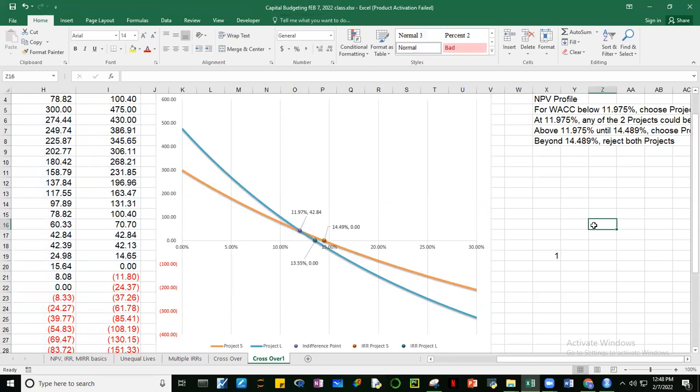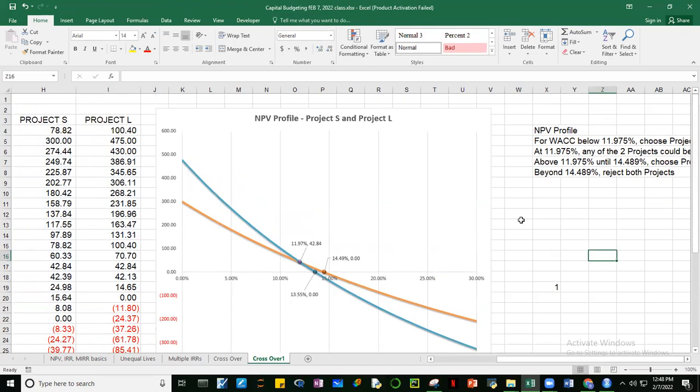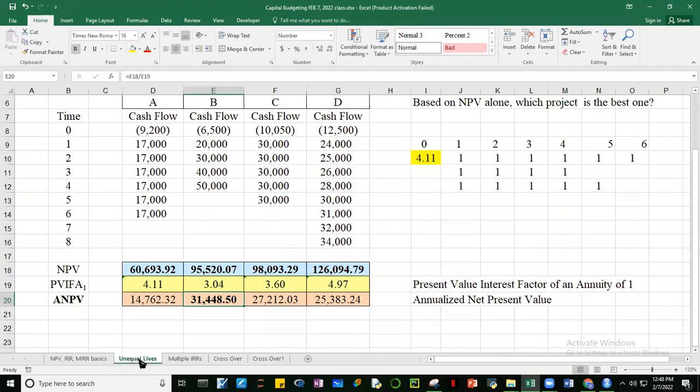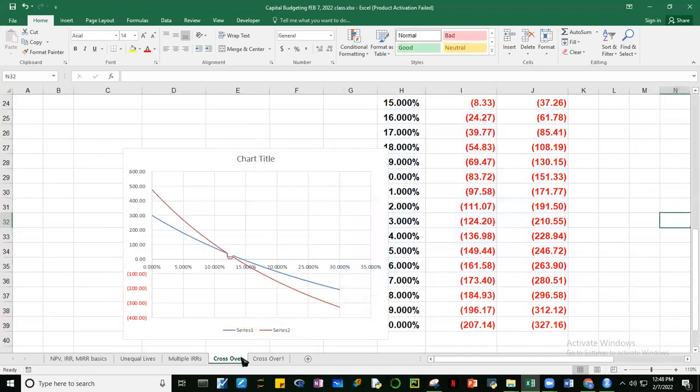Okay, so all right. So that's it, guys. That addresses our capital budgeting. So galing, no? Kasi magaling kayo, guys. Nakuha natin in one sitting NPV, IRR, MIRR, unequal lives, multiple IRRs, and the crossover point. Okay, paki-check na lang, guys, kung bakit nagkakaan dito. Paki-check na lang yung pag-plot natin ito. Okay, so it's time, guys. Thank you. Konti lang yung na-extend natin. Are there any questions?